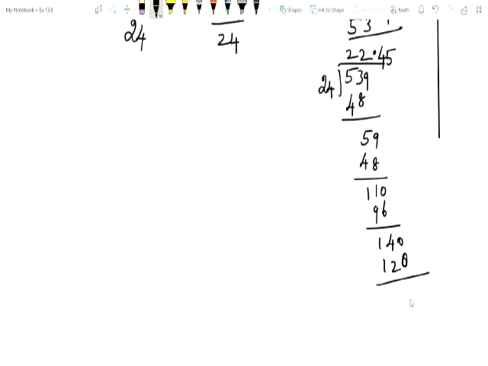Subtract 140 minus 120, you get 20. Next you add 0. How many times does it occur? 8 times. 8 4s are 32, 8 2s are 16, plus 3, 192. Now 200 minus 192, what do you get? 8. Okay, we stop there.